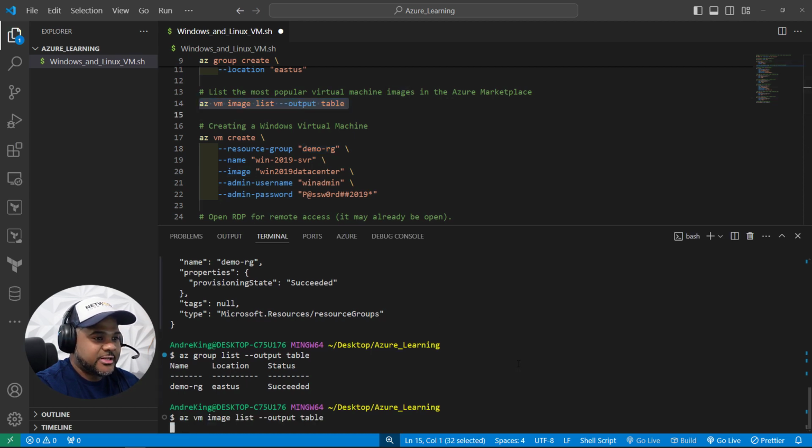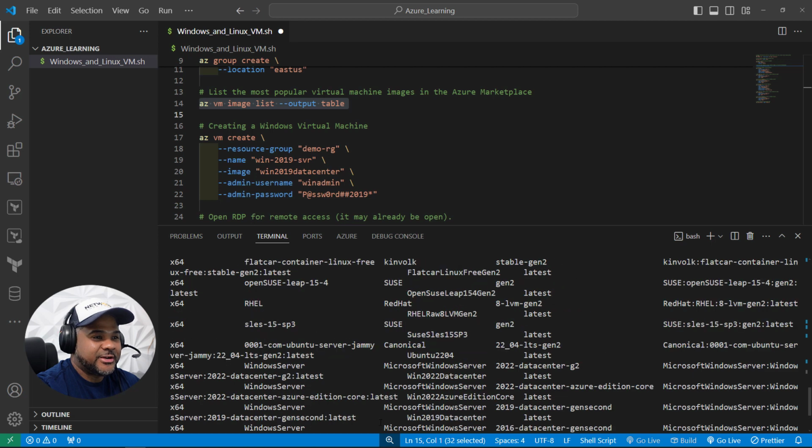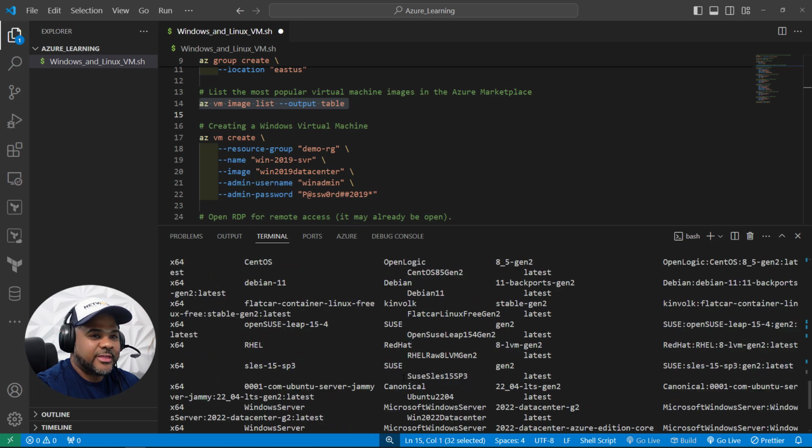It's going to list the most popular images that are used in the Azure Marketplace. Wait for this to populate. It's going to be in a tabular-like format. And we can see here, if we scroll over that,